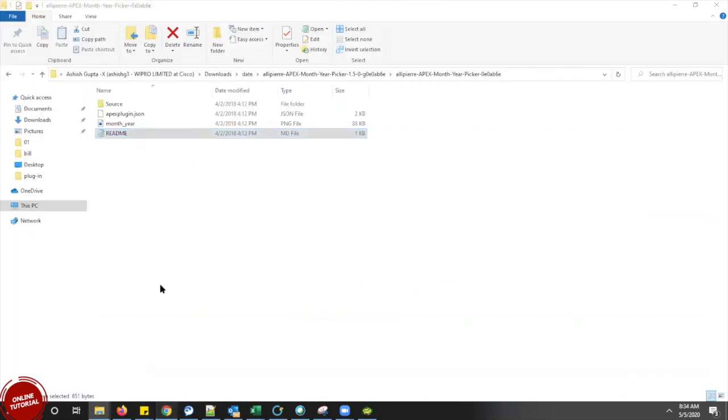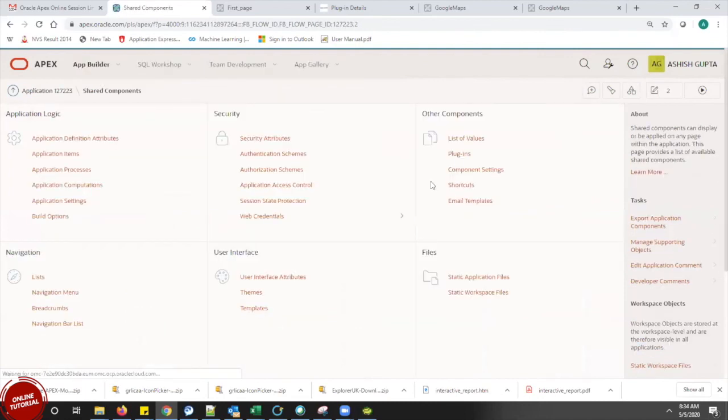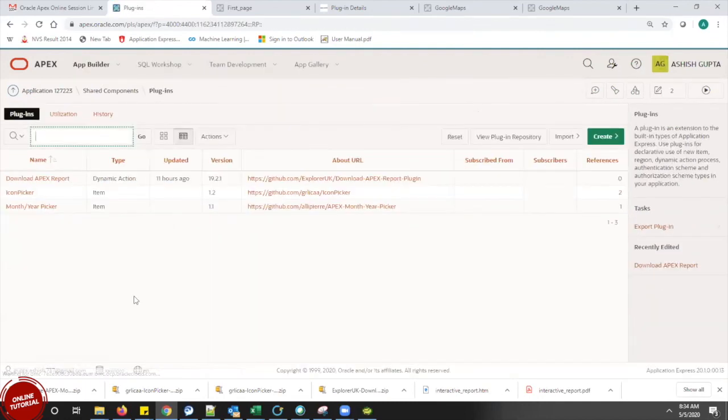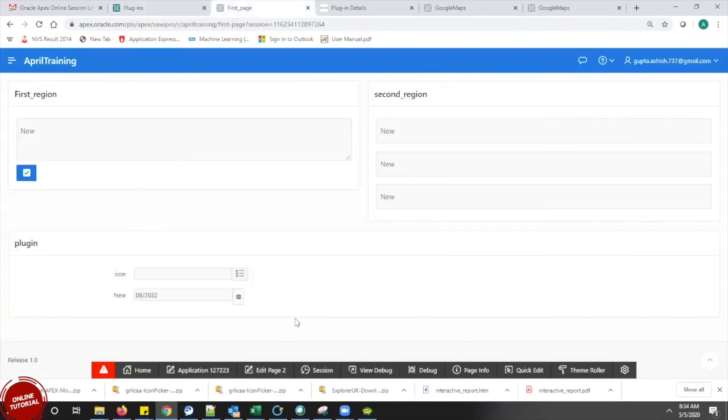What I'm trying to tell is that in my shared component, I now have three plugins. Suppose I have used this plugin for one of the items. When I export my application from one server to the other, this is taken care of internally. No need to do any change, no need to import the plugin file again to the next server, whether it is dev to stage or stage to prod.